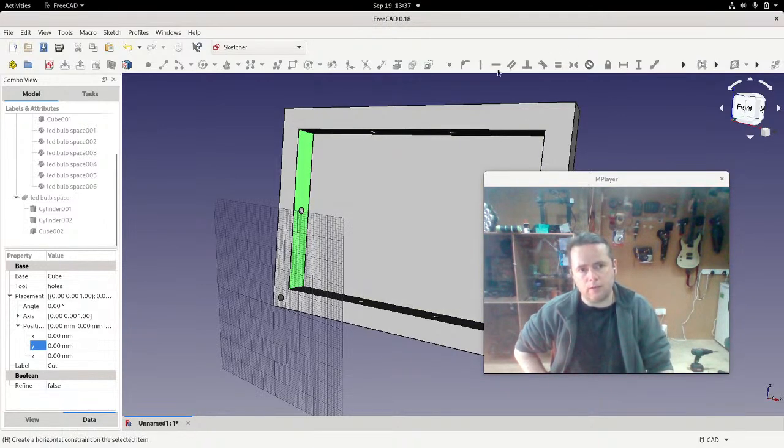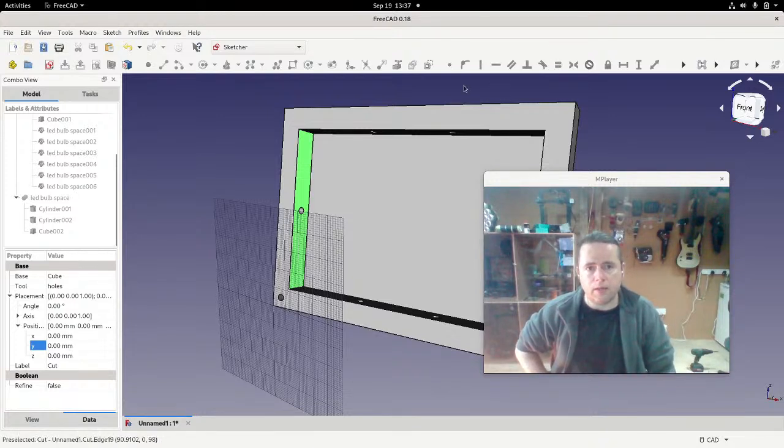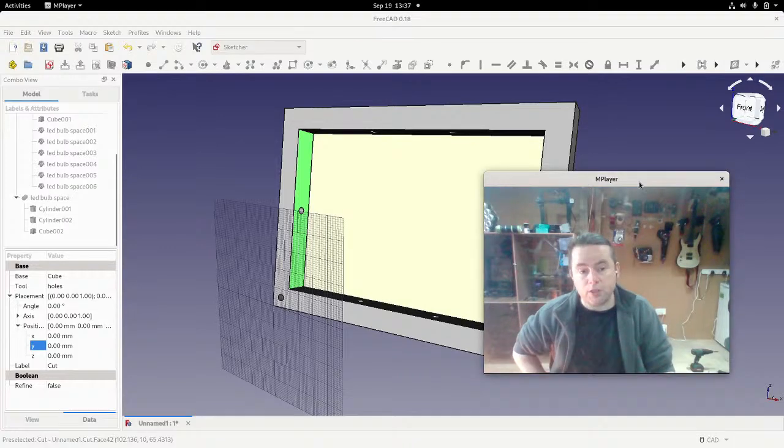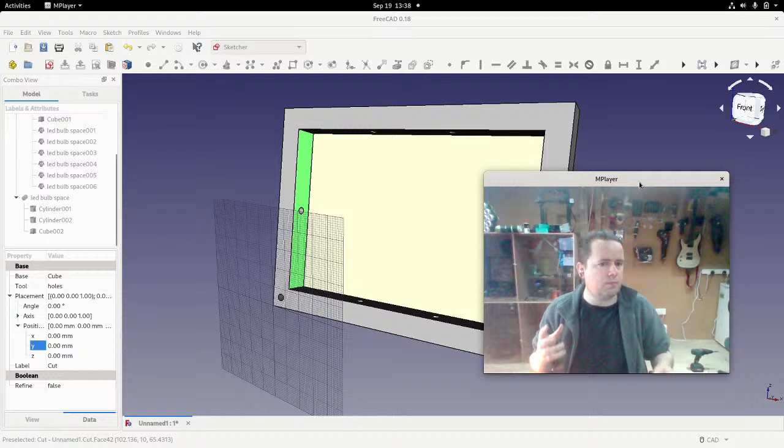And you have all these rules, constraints, and these are the objects that you're making, like the lines and stuff like that. So you could say, for example, I want this line to be perpendicular to that other line, or this line should be parallel or equal, or stuff like that. They have a lot of rules, which is very good, because it's almost like the dynamic thing that I mentioned there, except that it's dynamic in a less